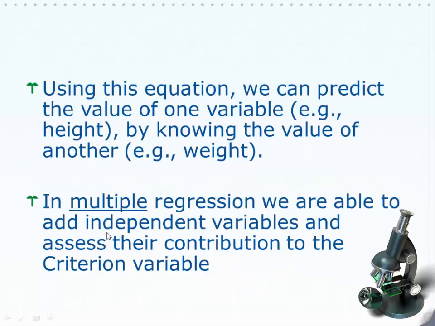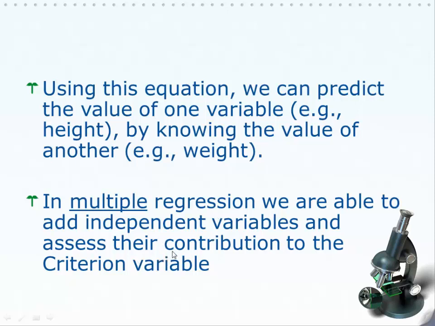So using that equation, we can predict the value of one variable, for example height, by knowing the value of another. In multiple regression, what happens is we're able to add independent variables and assess their additional contribution to the